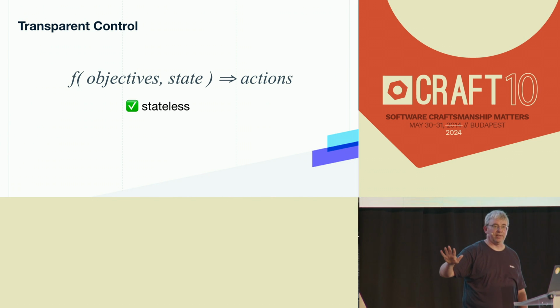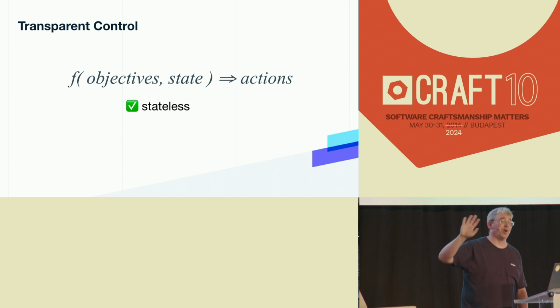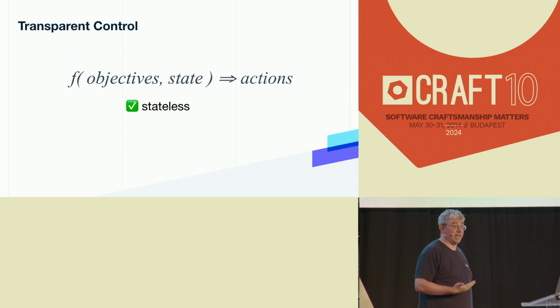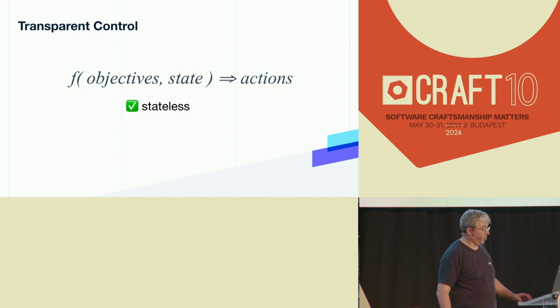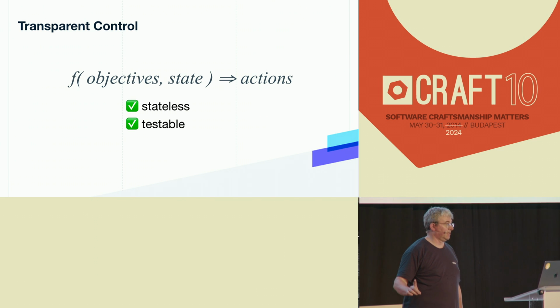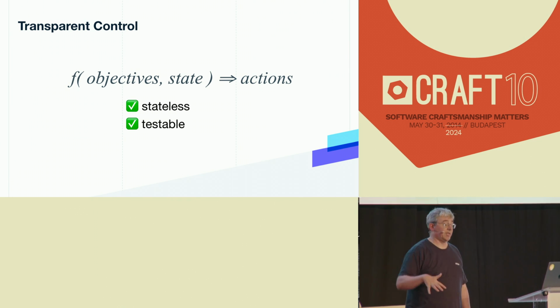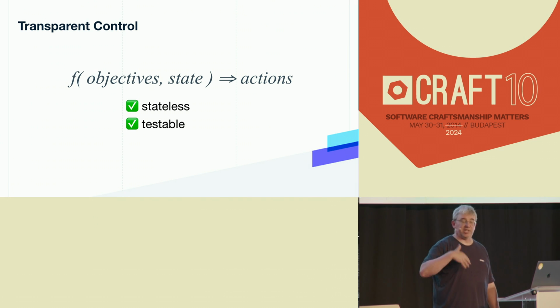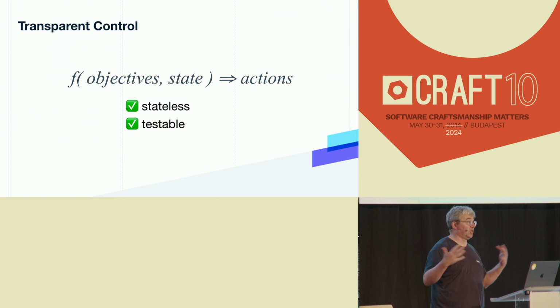Now, you're like, John, literally one of the parameters is named state. And so no, this is a stateless function because we've actually made the state explicit and we've passed it in. And what's really cool about this is that it makes it possible to test this, right? And in particular, if we look at the way we represent the state, it encourages us to be more thorough about exploring the different situations we might be in, right?